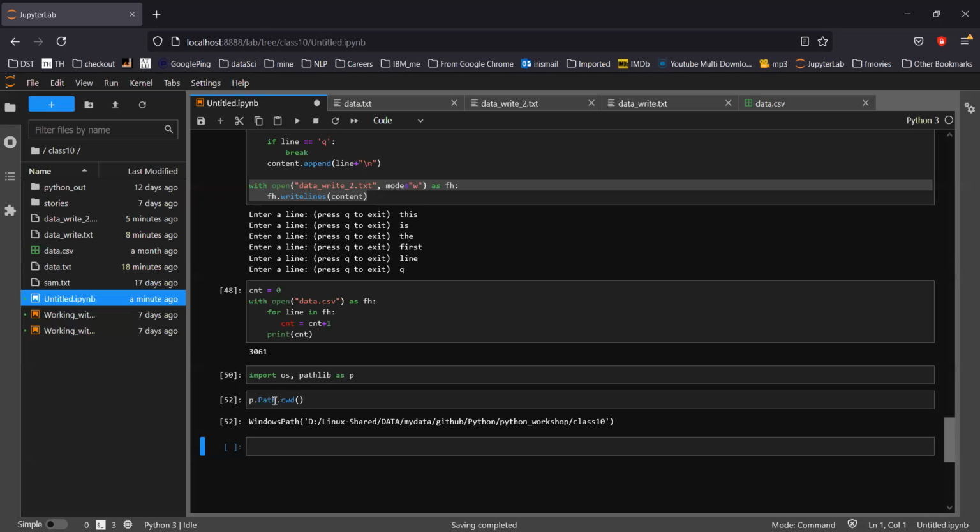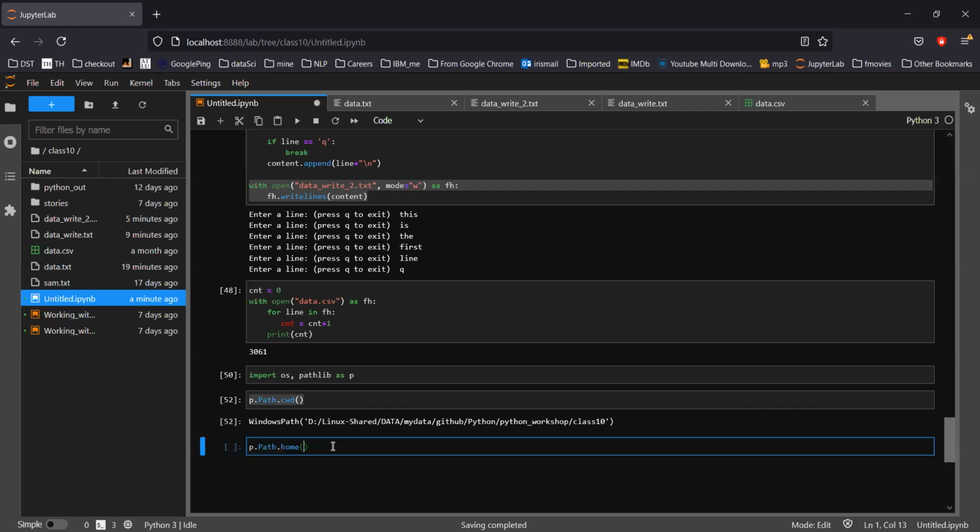So p.Path.cwd() gives me the current directory where my program is running. You can see my program is running inside D drive, Python workshop, class 10. The same way, if I wanted to know my home directory,